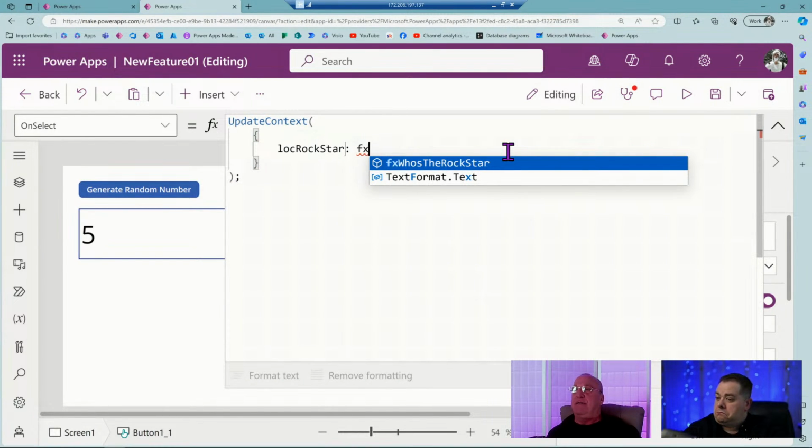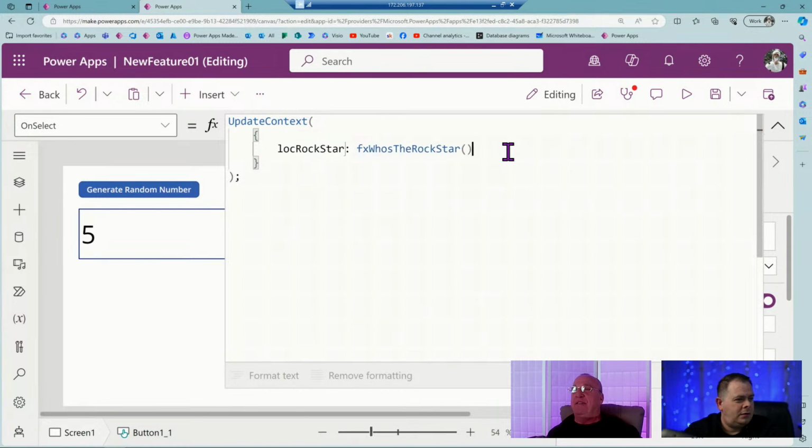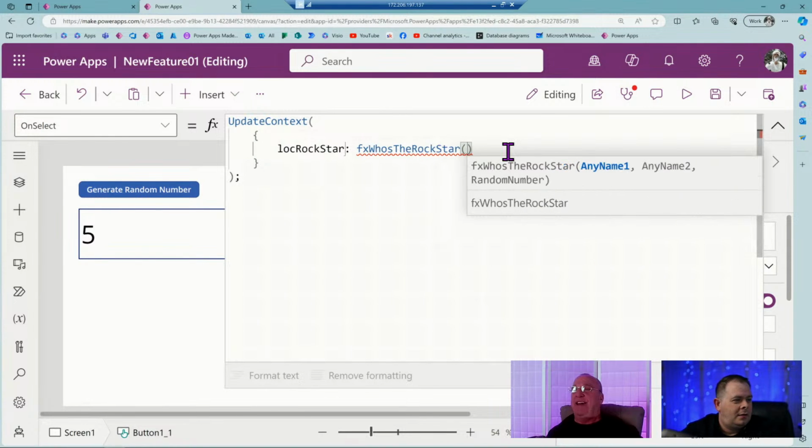FX. And then you're going to put in the parameters. Look at that. Isn't that cool? Just look at it, Kurt. That's the first time I've seen it. You know what I say when I see something like this? Would you just look at it? Will you just look at it?